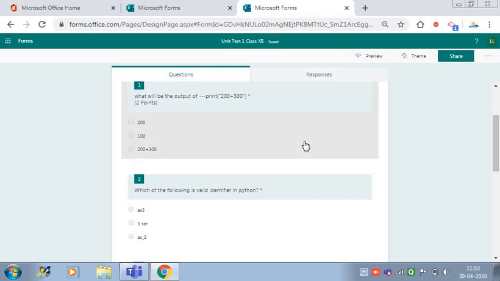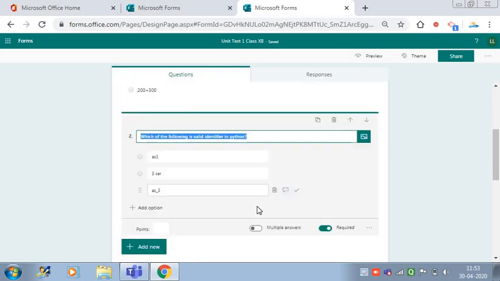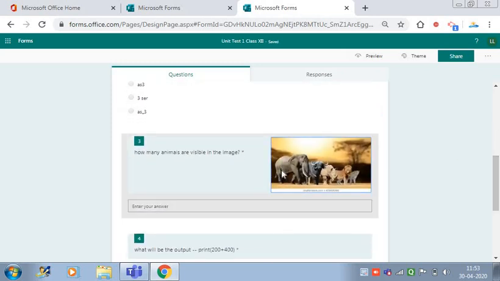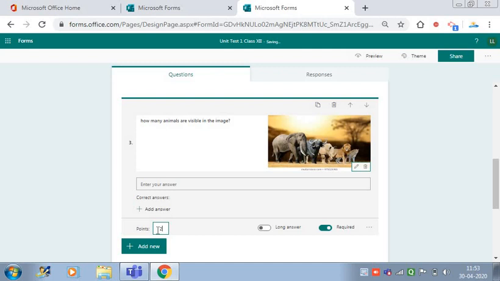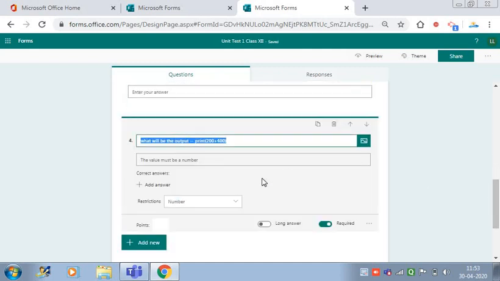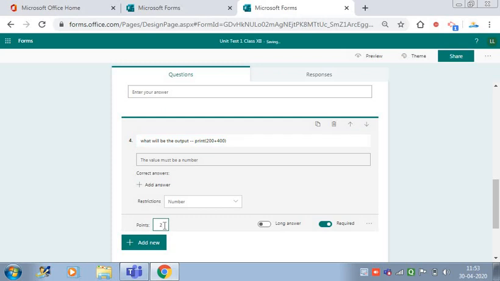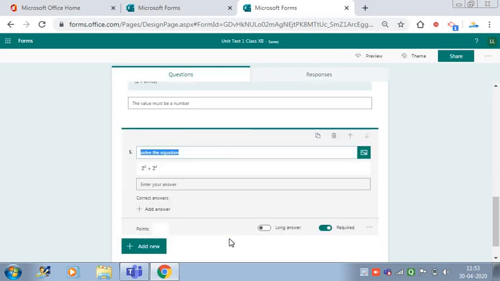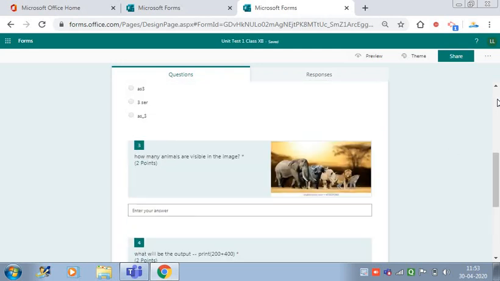First question, then second question I am adding 2 points, and then third question also I am adding 2 points, and then fourth question also I am adding 2 points, fifth question also I am adding 2 points, and with this I am just